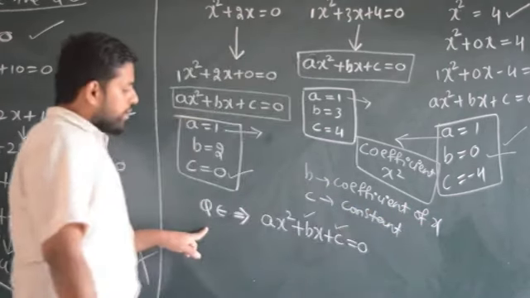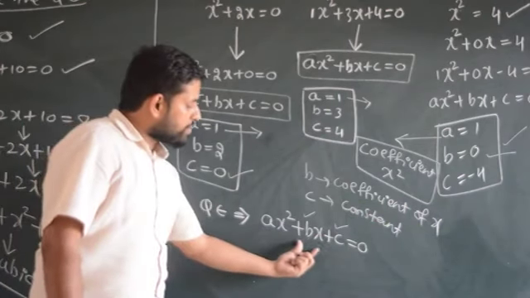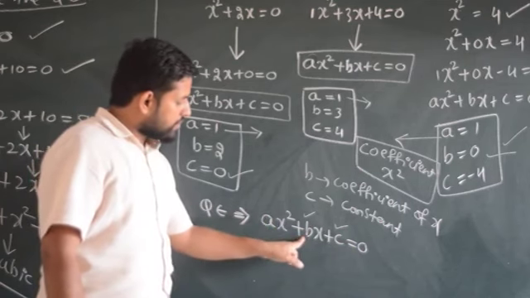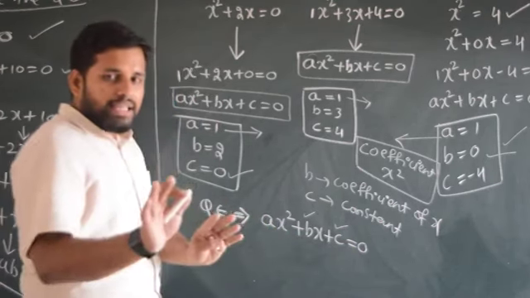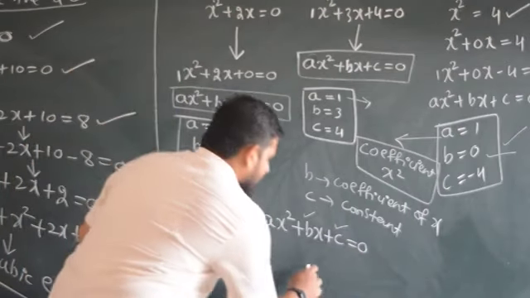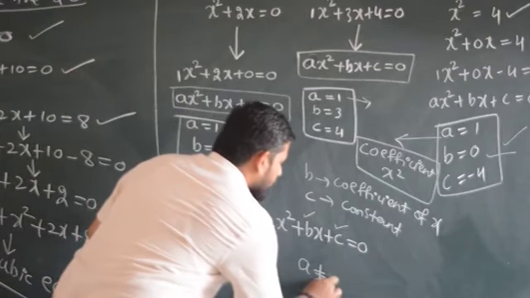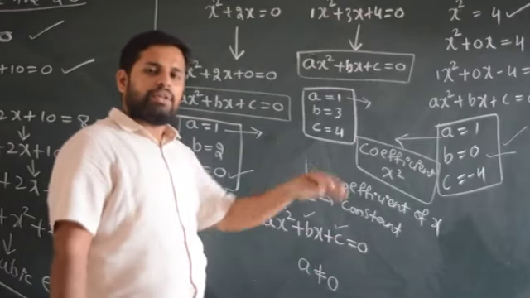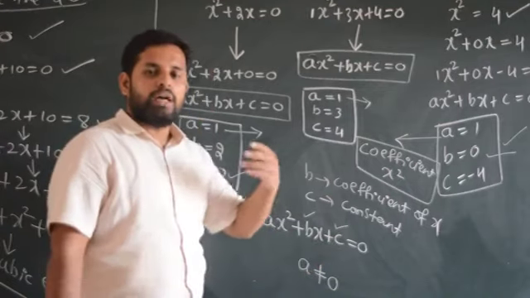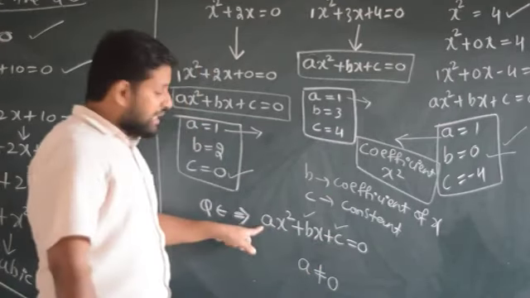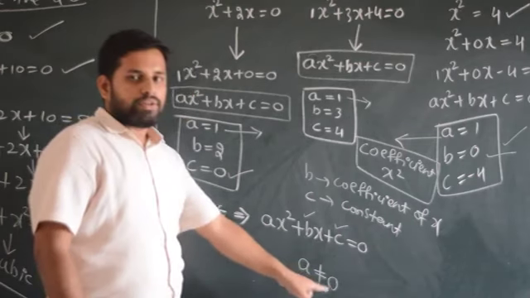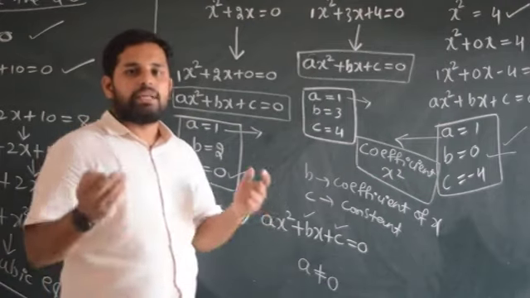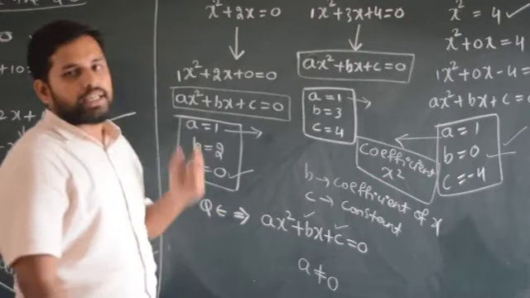Once again, quadratic equation means it is in the form of ax square plus bx plus c equal to 0. A is called coefficient of x square, b is called coefficient of x, and c is called constant. The only thing needed here is that a should not be equal to 0. B can be 0, C can be 0, B can be minus, plus, 0, anything. C can be 0, plus, minus, anything. But A can be anything, but it should not be equal to 0. If it becomes 0, then I am going to have 0 x square, we will lose x square and we will be losing the quadratic equation.